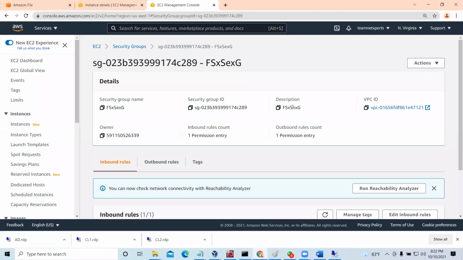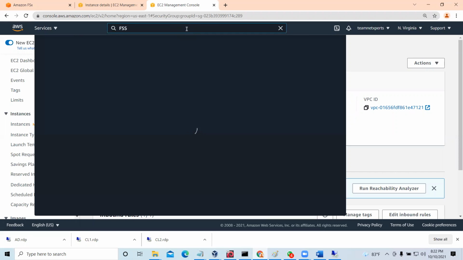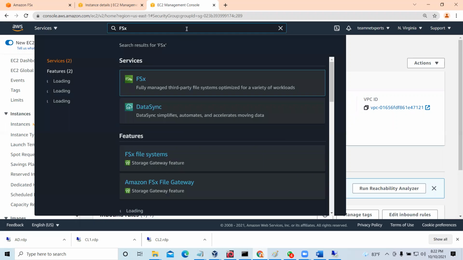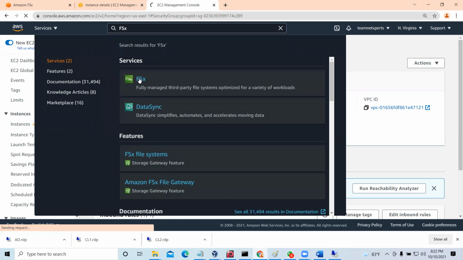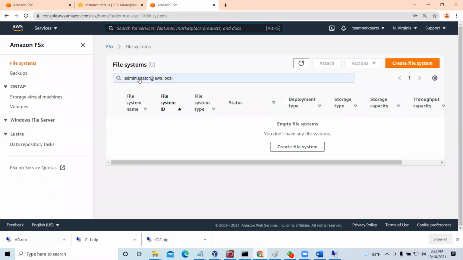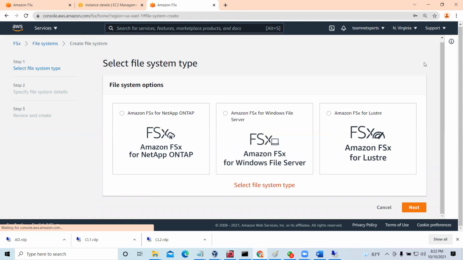Now guys, I'm going to configure the FSx. Right? Say just type FSx. You get the file system here. Say let's create file system. Right? So guys, we better go with